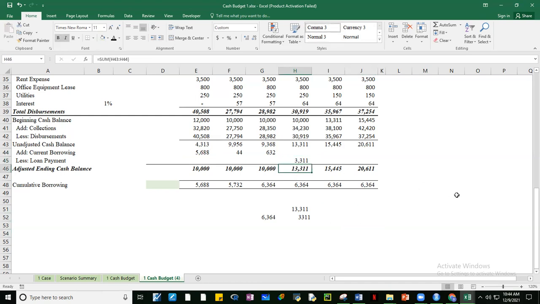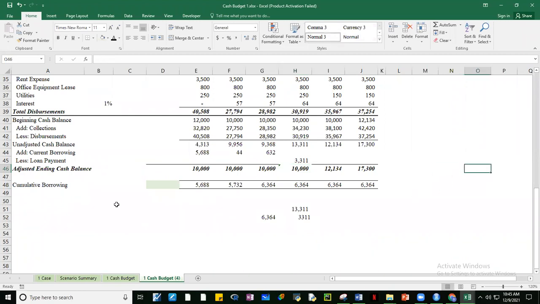So therefore, guys, how much will now be our adjusted cash balance? Our adjusted cash balance, guys, will be, so mababago yung formula natin dito, no? It will be equal to the sum of unadjusted plus the current borrowing and then ma-minus natin si payment. Okay? So ang mangyayari dito, guys, magiging 10,000 na lang yung balance natin, no?